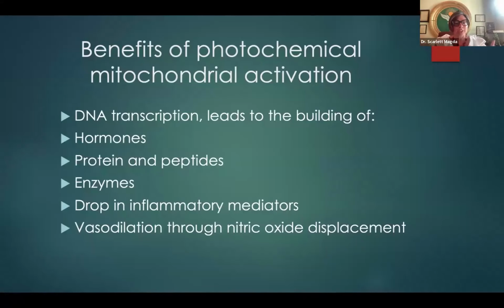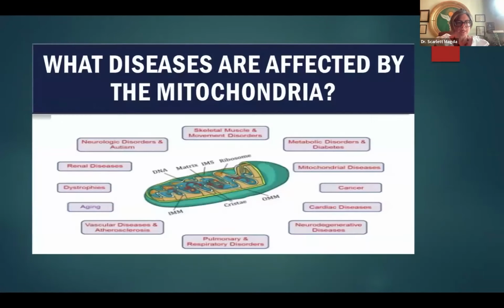As I just explained, we need the specific electron volt potential for the mitochondrial activation to occur to create all of these benefits that I just explained. So more heat does not mean deeper penetration. We need the appropriate wavelengths to hit the cell. And the laser can actually go through clothing, it can go through casts.